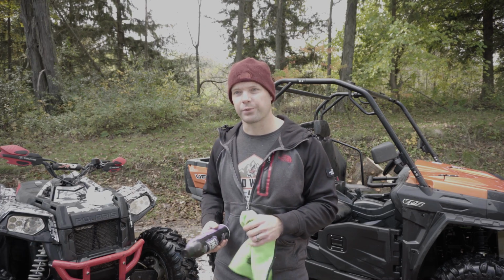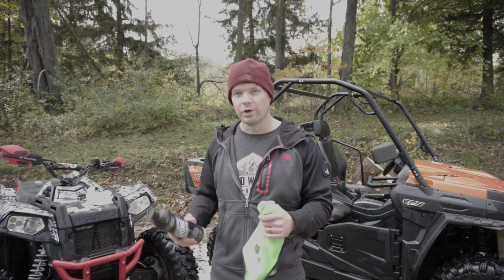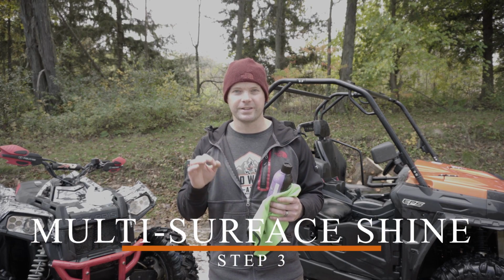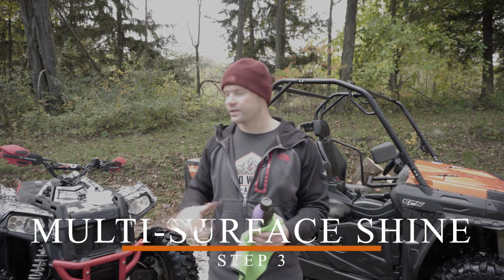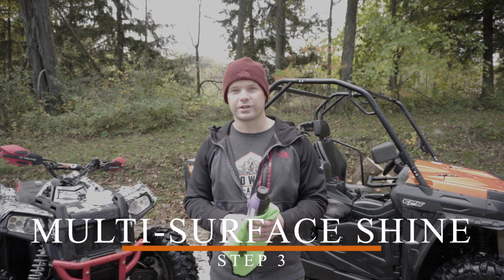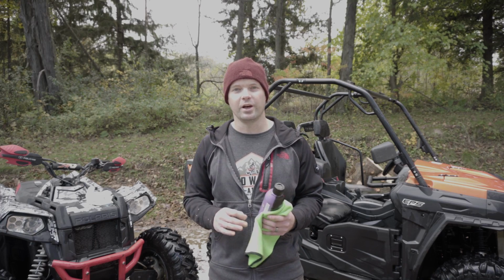Anyway, so it's time for step 3, which I probably am looking the most forward to, and that's the multi-surface shine and protectant, because that's really gonna give it that nice shine on the wheels and the plastics and the wrap job. Ironically, the sun is also just starting to peek out, so that's really gonna hopefully help sell the